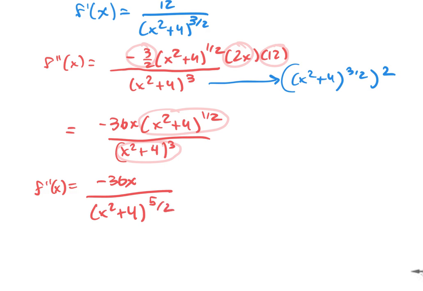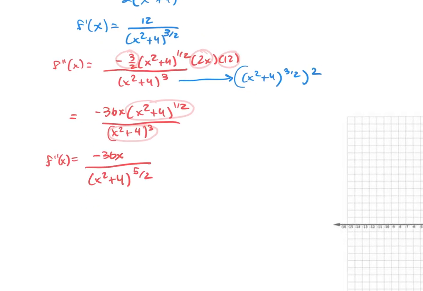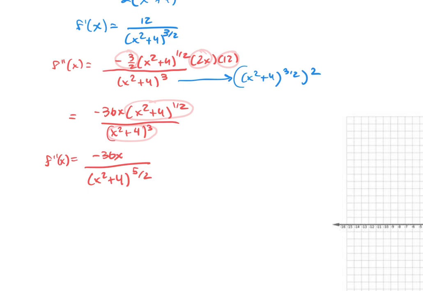And again, you would say, well, I really just need to set that negative 36x equal to 0. You'll find your possible points of inflection to really only be 0. And when you explore the second derivative, you'll realize to the left it is concave up, to the right it is concave down. It should be then hopefully no surprise that when we get to this graph, you add in all the other details